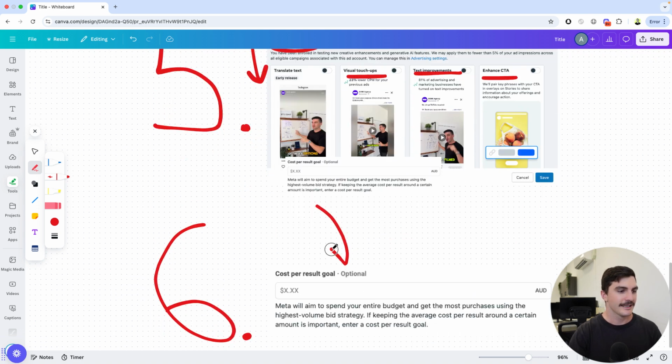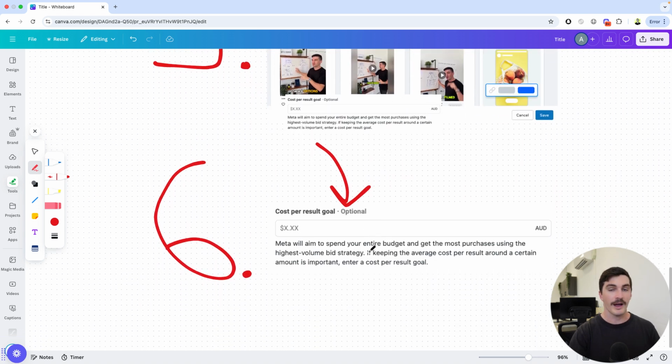Number 6. And this is the final one that we find works really well within accounts. It does have some caveats to it, and you really need to know how to use this. But if you haven't tried cost per result goal, we recommend testing this out. It can be really great for bigger brands out there. If you're starting out, I wouldn't necessarily worry too much about this. But if you're spending anywhere from 10, 50, 100K per month, you definitely want to be utilizing cost per result